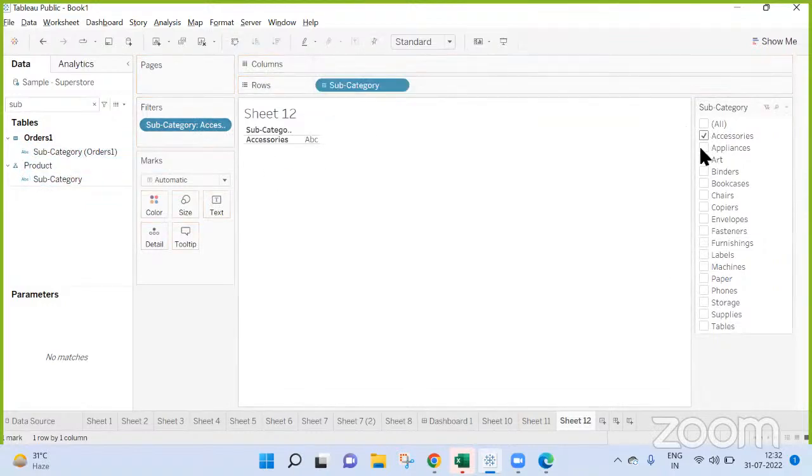But the moment I select accessory plus appliances, then I should get appliances as well. Correct. Accessory, appliance, these two are present with the label also.